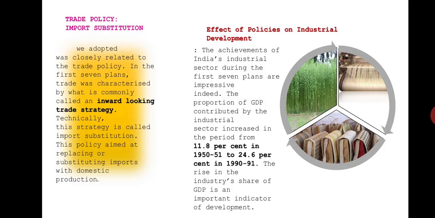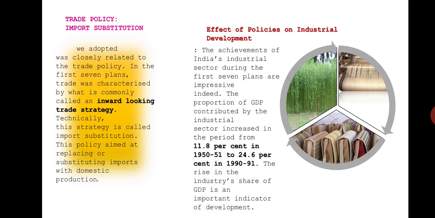To protect the domestic industry, the government introduced tariff and quota. Tariff refers to a tax levied on imported goods, and due to the imposition of tariffs, the imported goods become expensive, which discourages importing more. And quota refers to fixing the maximum limit on import of a commodity.